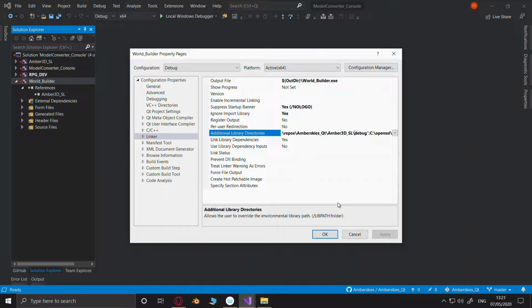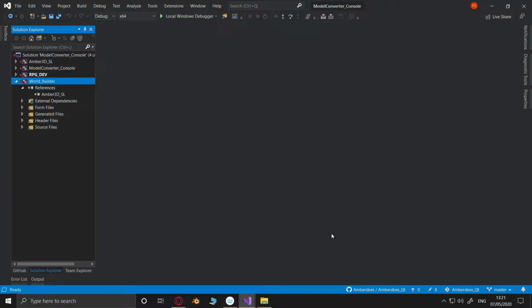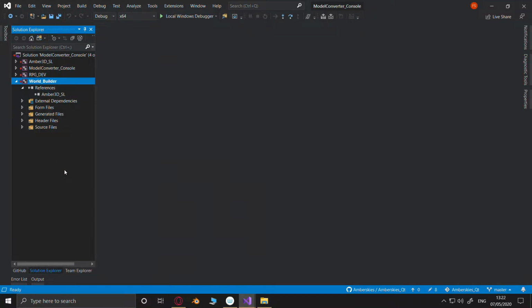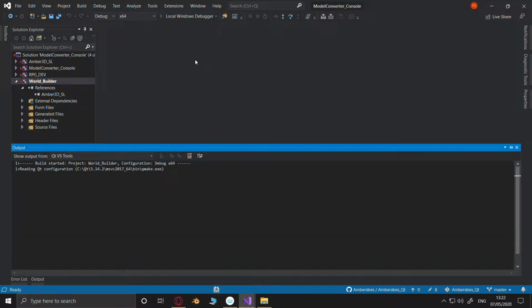Just hit return, apply, and OK. So where should we start? We can try and build it now, can't we? Set a startup project, and let's try building it.